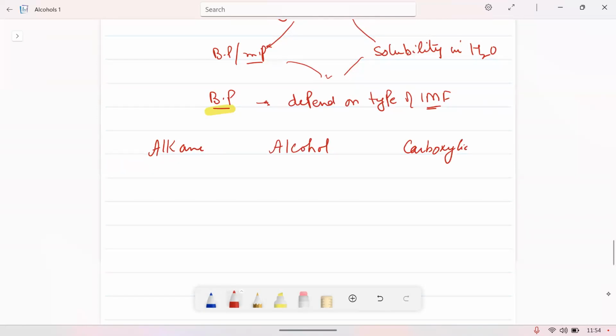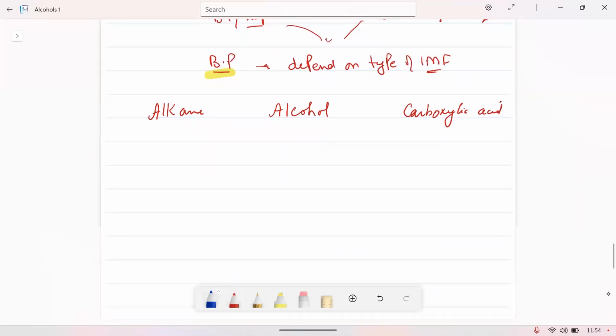You have an idea of carboxylic acid from your IGs. More details are in A2. So alcohols are represented as ROH, where R stands for the alkyl group, and the carboxylic acid is C double bond O, OH. And alkanes are just alkanes. That's the basic. Now, if you want to know which of them has a higher boiling point, or the order of boiling points,